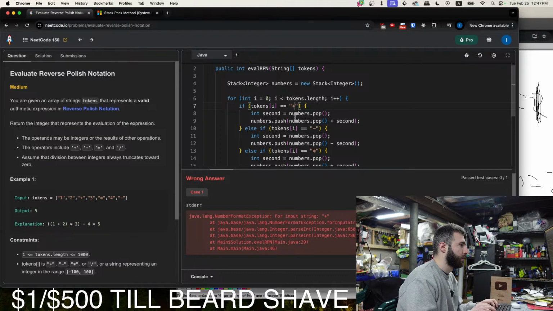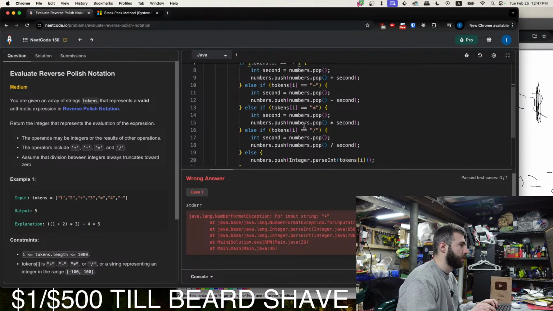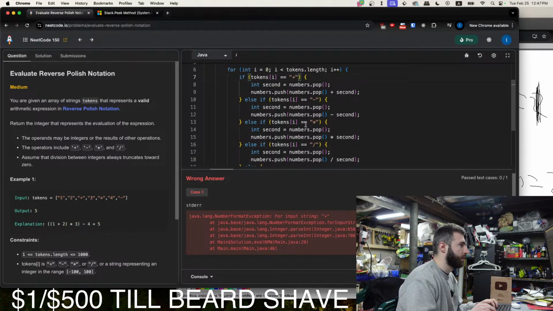Wait, no. I'm putting the numbers in as integers. What I should really have here is probably a switch statement.